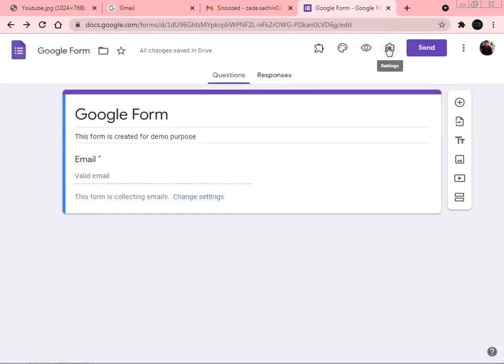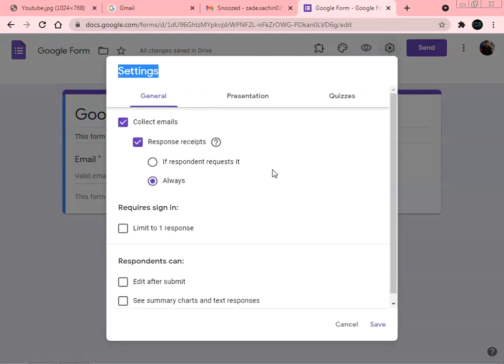So this is the most important feature that one must use when we are collecting information, or when we are taking the registration of users or participants of any organization, or of your organizing conference or workshop. So we must give them the response receipt. That is nothing but you have filled this type of information, so that in future that particular person cannot blame the organizing committee or the workshop team that you had given me such type of information. So this will give the response receipt to the participant.